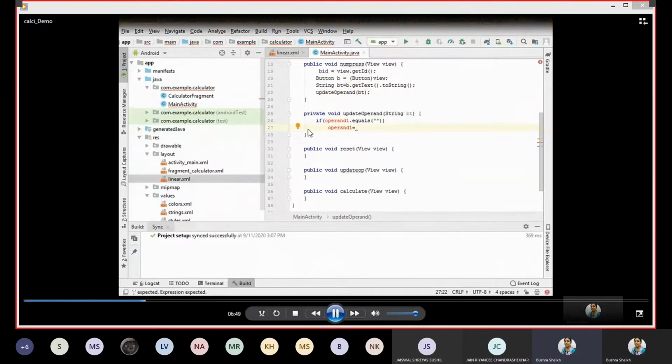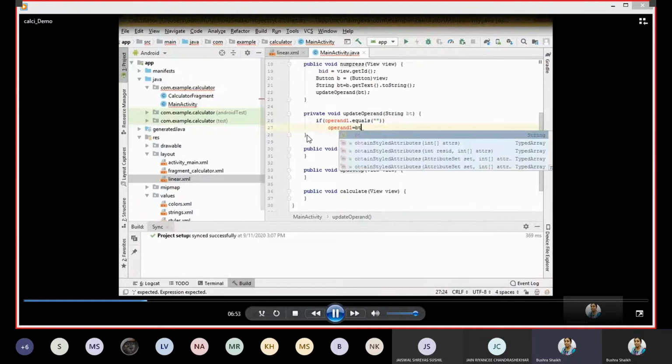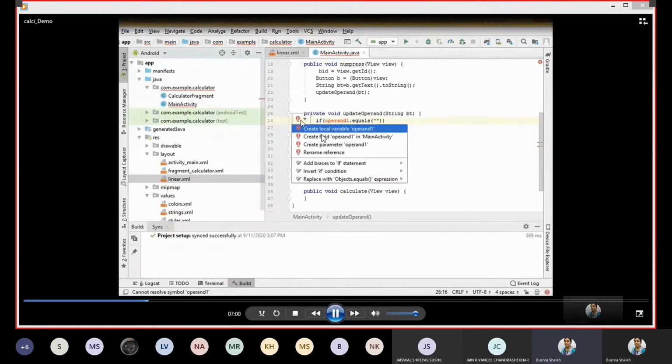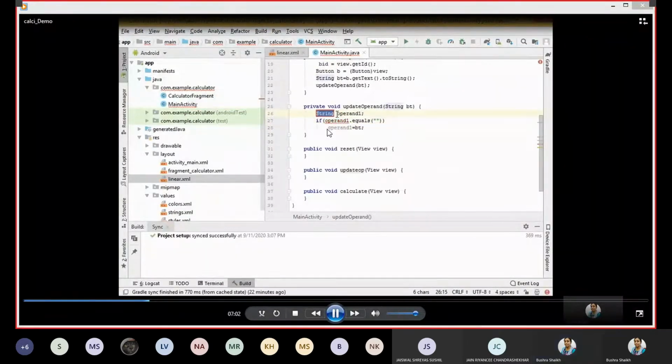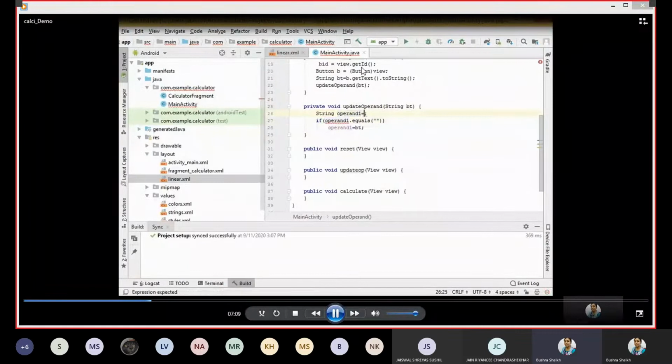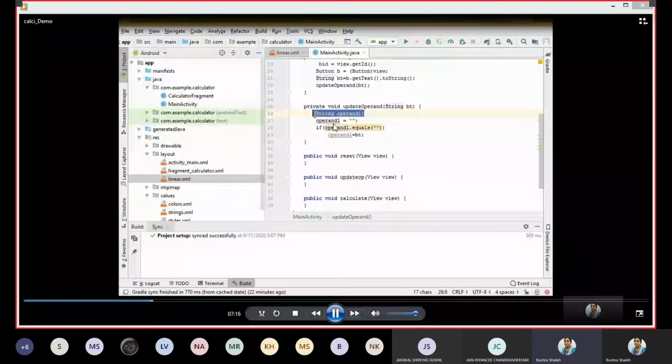So it keeps on giving this alert kind of a thing with which you can directly use them, and there's no need to go and literally write in a hard code. So you just have to come over there and say create local variable, and see, it has automatically determined the data type as well. Just like for bID also, when I had written bID equal to view.getId, it has automatically identified that yes, it has to be an integer. And you can here see that after declaring it, how you can split the declaration part and its initialization part.